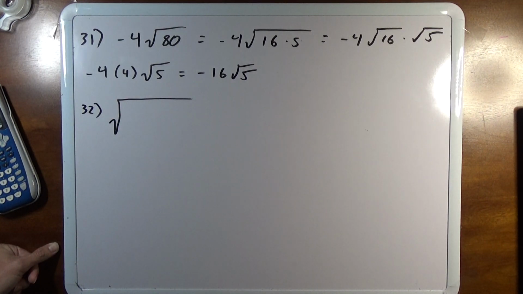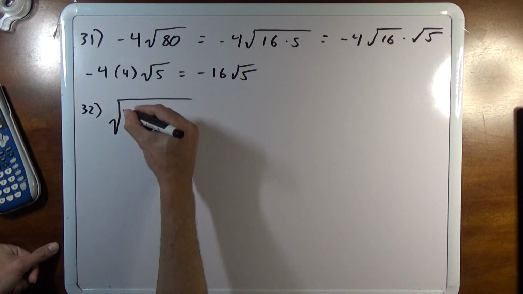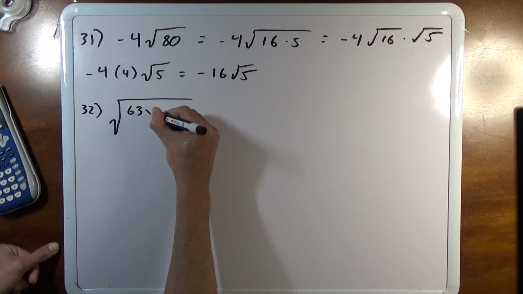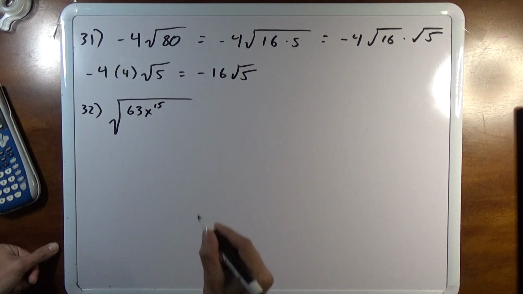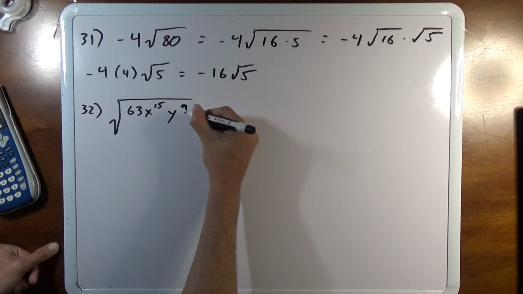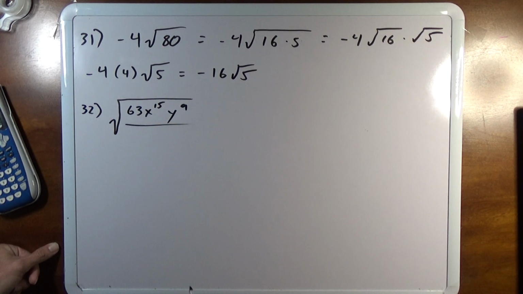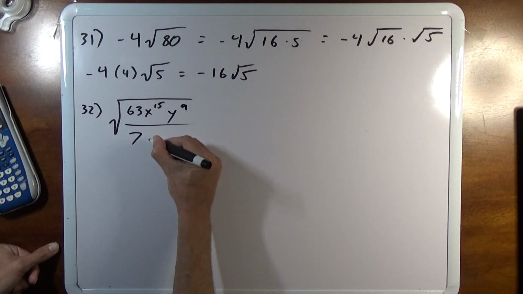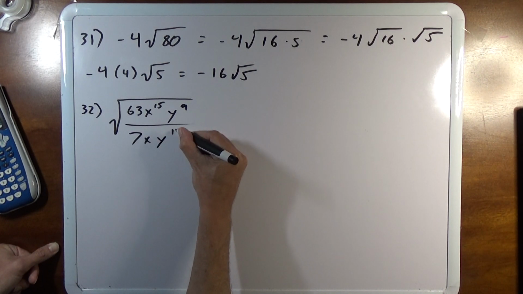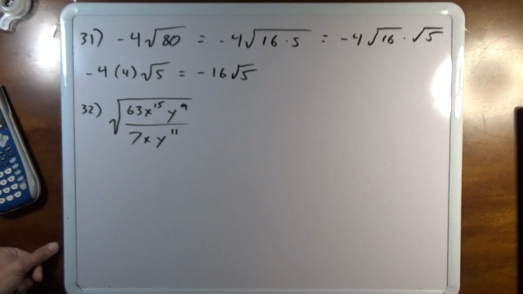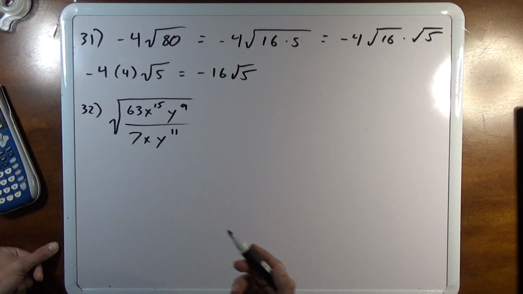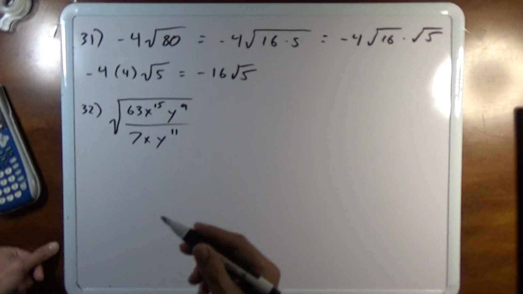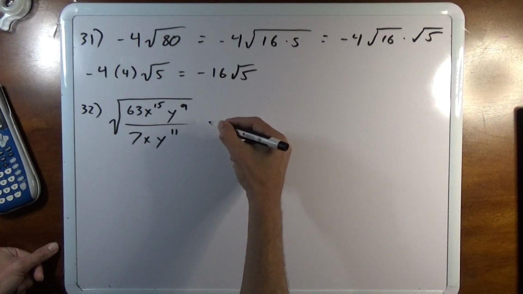Is the square root of 63x to the 15th power y to the 9th over 7xy to the 11th. So let's simplify what's in the square root, because that is just a power itself, right? The square root is to the 1/2 power. So